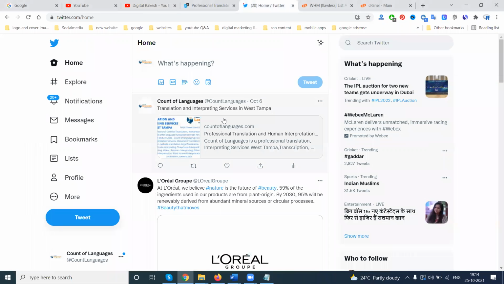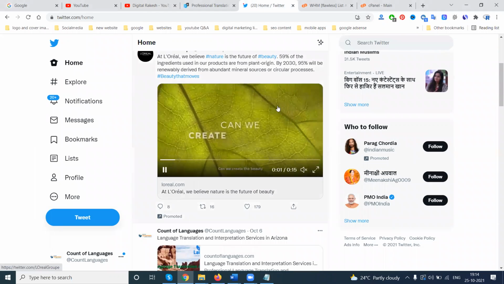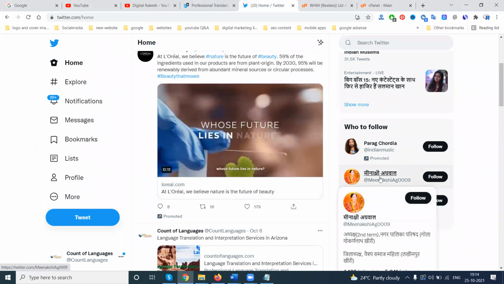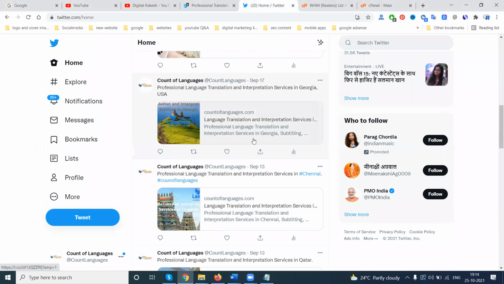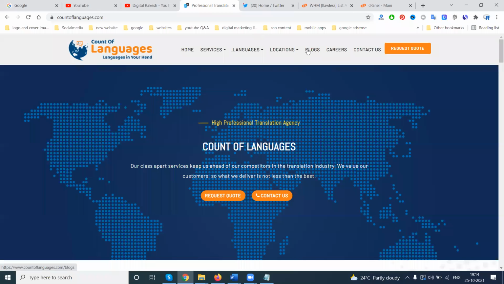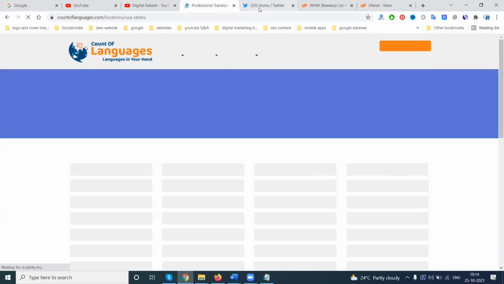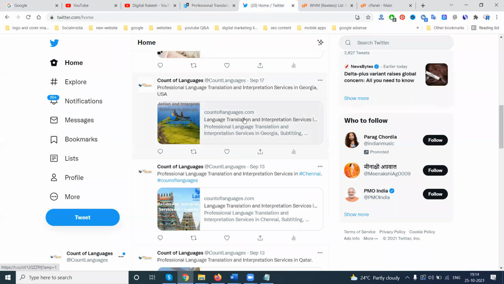If anybody is using the Twitter option, when I use a large image, people can understand what the business is, everything can be understood. If I'm posting a small image, it cannot be understood. So for my website, each and every content I post will appear as a small image. What is a small image? Nobody can understand it. What is the image? What is the purpose of the image?